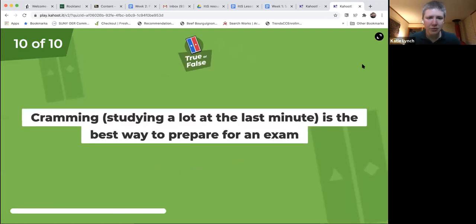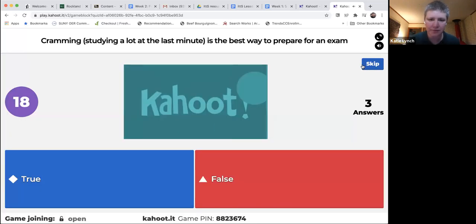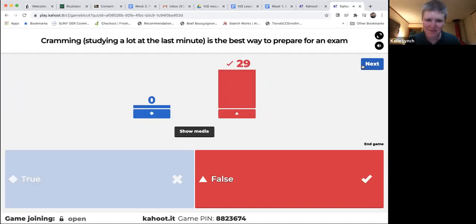Okay, last one. Cramming, studying a lot at the last minute, is the best way to prepare for an exam. True or false? Okay, excellent. False. It is, of course, not the best way to prepare for an exam. I think we all know that in our heart of hearts. Even our students know that, but it's worth pointing out, and the book also points